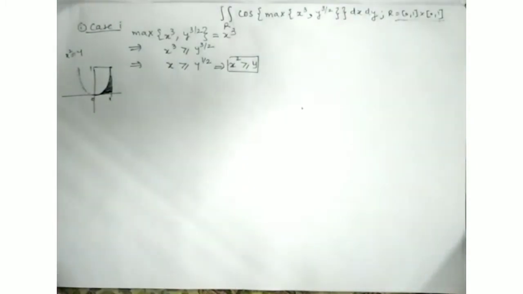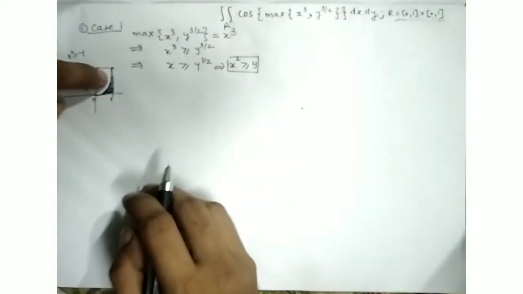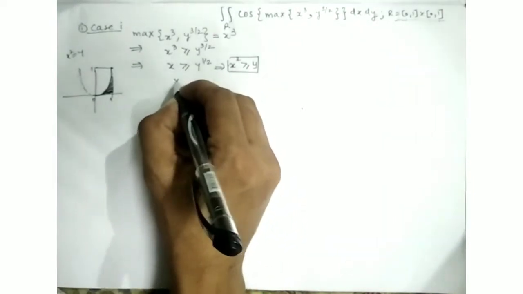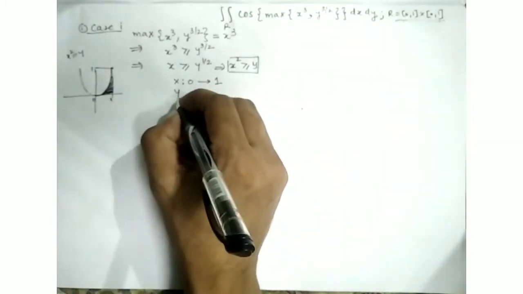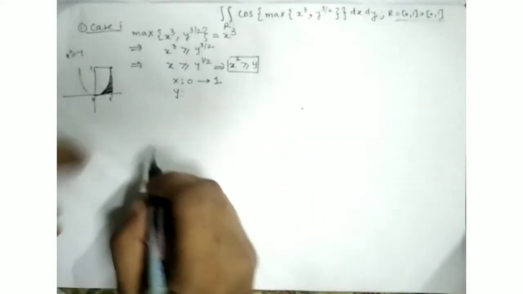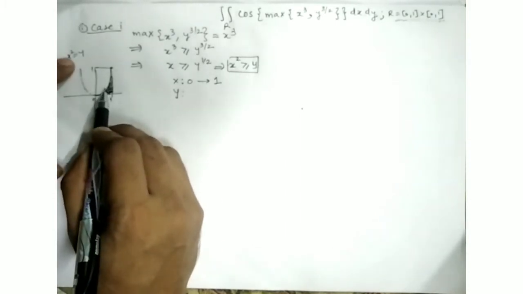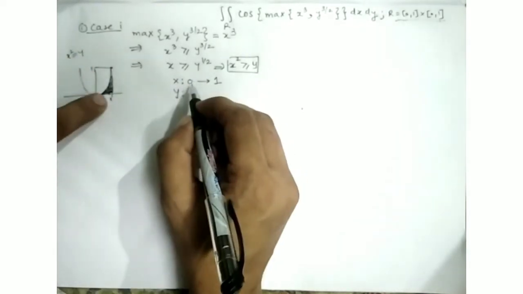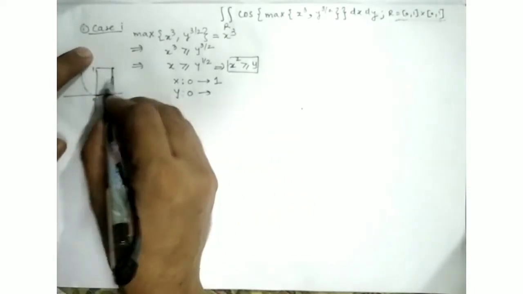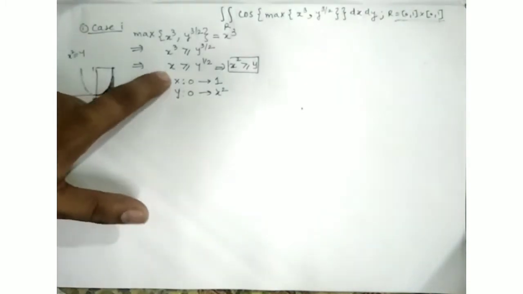Now we have to look for the limits. If I project all this shaded area down onto the x-axis, what will be the limit? x starts from 0 and ends at 1. So these are our limits for x. Now let's look at y. If I consider this shaded region, my y starts from 0 and ends on this curve. What is this curve? This curve is x square equals y, so on this curve the value of y is equal to x square. So my y starts at 0 and ends at x square. We have found all the limits for x as well as y.